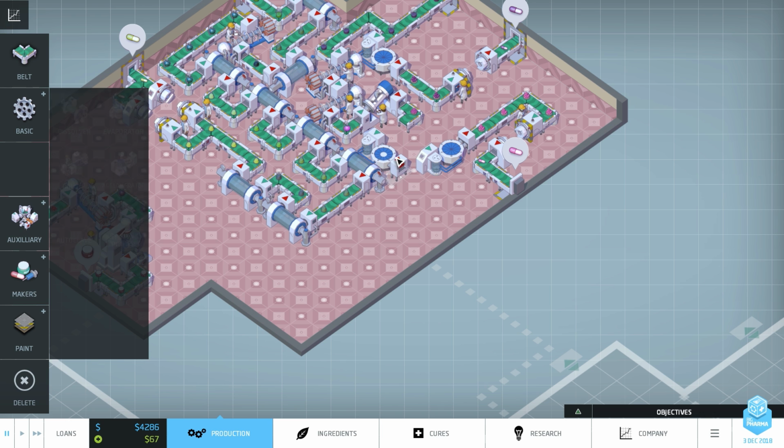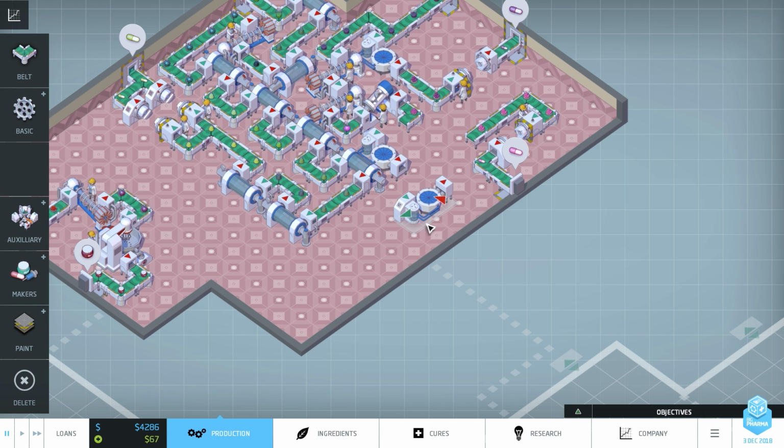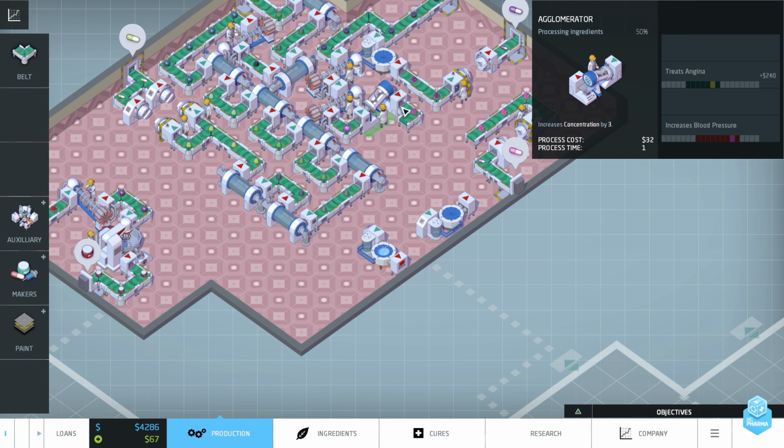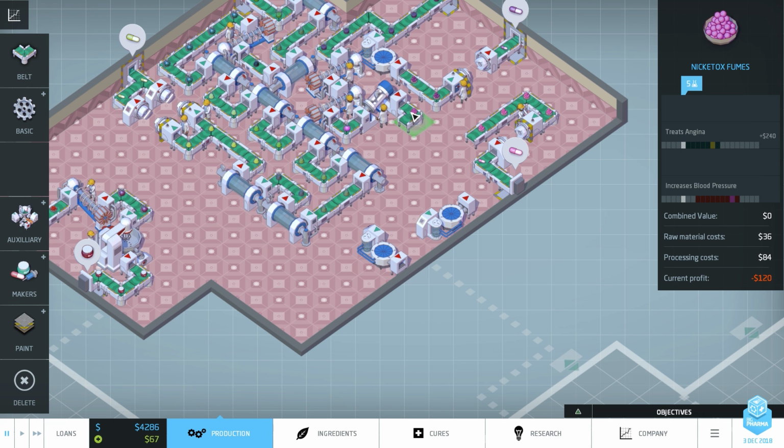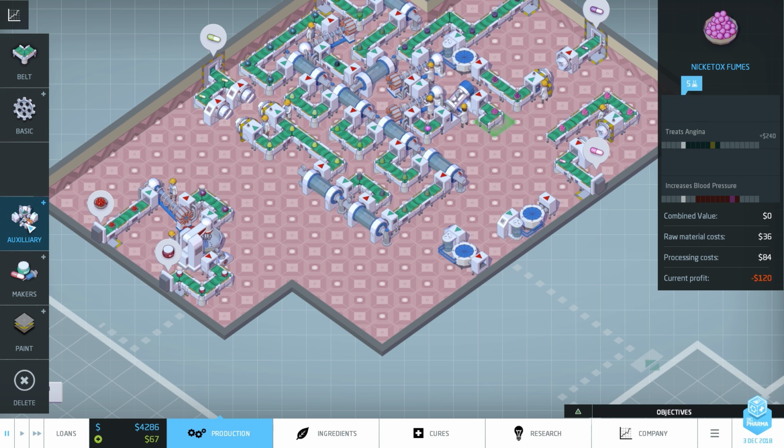So let's take this back off by 1. Take this off by, let's actually take this off at the end. We'll put that at the end here. Let's see, if we use 2 agglomerators though, instead of these 2 things here, is that gonna do it? It treats angina right here, okay. And then if we use 2 agglomerators,